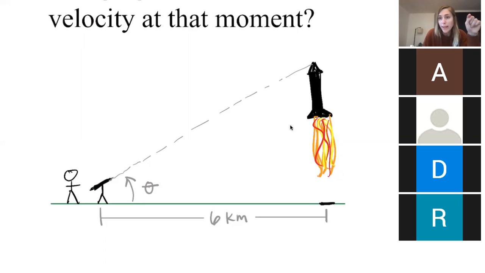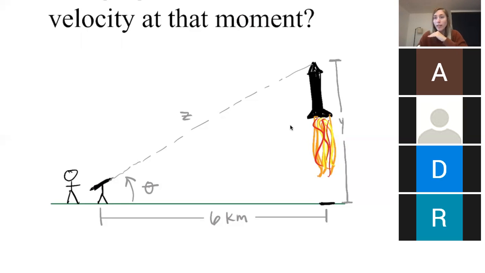As time is passing, the rocket is going up, up, up. So it's getting higher and higher off the ground. So I'm going to call the distance between the top of the rocket and the ground y. You could use any variable you want. I'm just going to use y. And then the distance between the rocket and the telescope is also going to be increasing as time is passing. And I'm going to call that quantity z. Okay, so